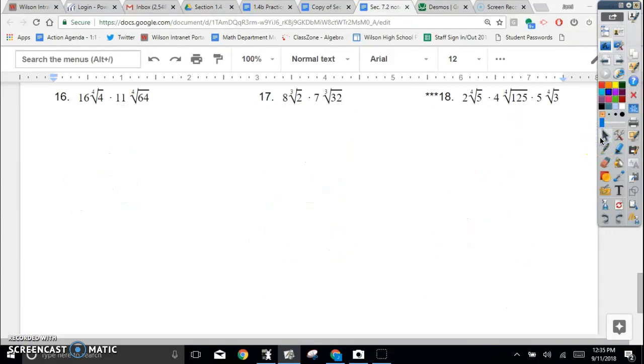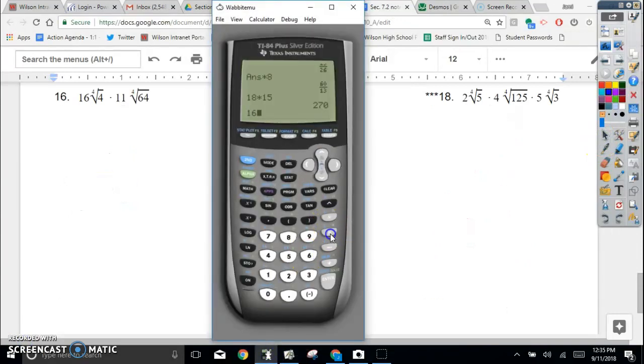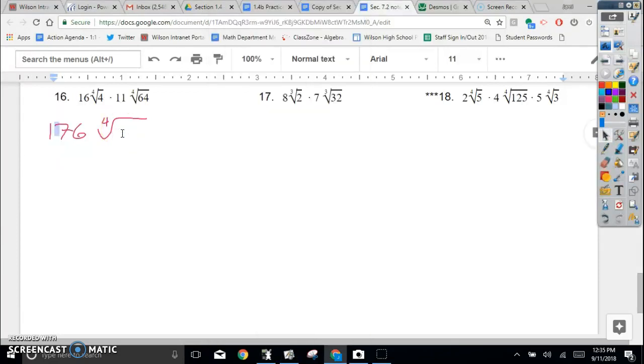Okay, so we got 16 times 11. So let me show you here what I get. 176, so I'm finished with him. Now I'm going to have the 4th root of 4 times 64. That will be a perfect number to the 4th power. We can do the 4th root of 256. Okay, the 4th root of 256 is